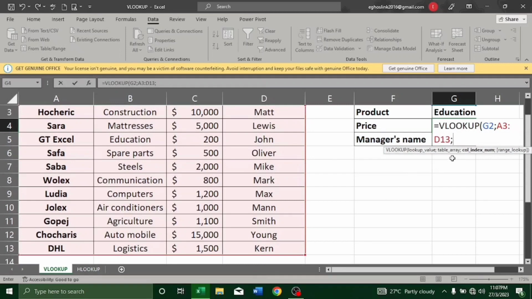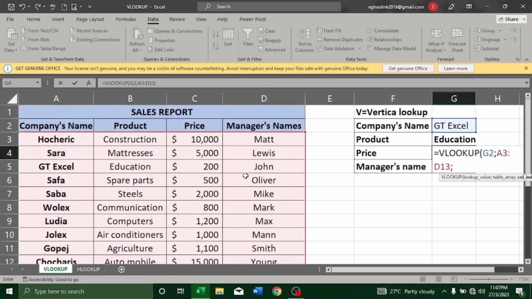Now what is the column index number? Like I said, our column index number means what position does price fall into. The first one was 2, which is product, column 2 rather. Why this price falls under column number 3. Now let's count. This is column number 1, column number 2, and column number 3. So we'll go ahead and input 3 followed by semicolon. Then this option has popped up again, so I'll go ahead and double click false, close your parentheses and hit